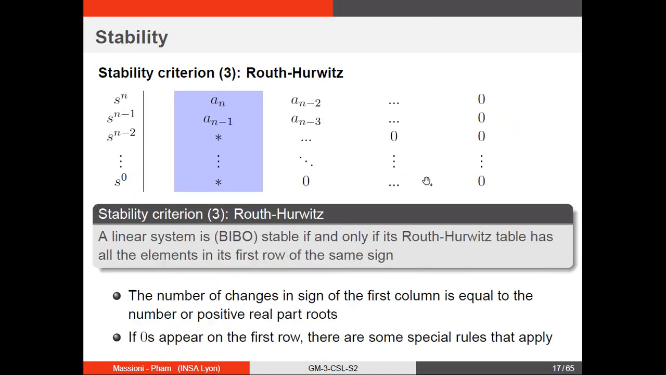So when you finish the table, basically you end up with a table like this, filled with numbers, and the criterion says that the linear system is BIBO stable if and only if this Routh-Hurwitz table has all the elements in the first column of the same sign, okay, all positive, all negative, and that's it, basically. The number of sign changes is equal to the number of positive real part roots, but that's not so important. We are just happy to know that the system is not BIBO stable. And there are also some very special cases which we will see later on, but let's see first an example